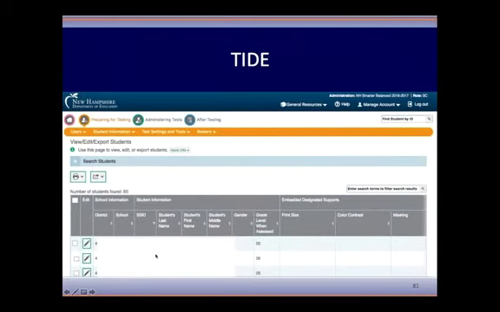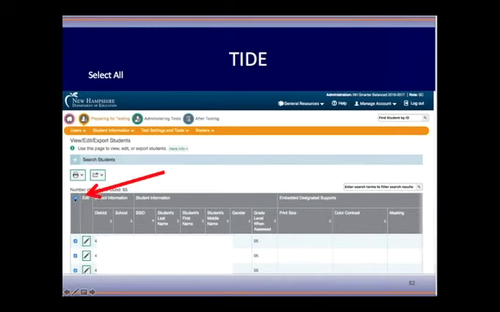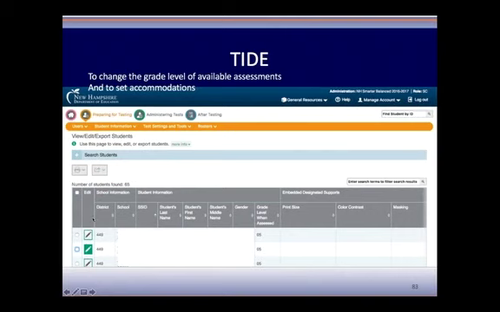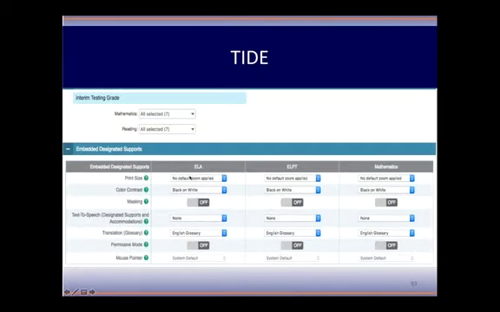Here's a list of students. If I want all of them, I'm going to go through one by one. I can just put a check there, or I could have just checked one student, and whichever I want. I think that's what I'm going to do here. Oh, no, I'm wrong. I said that wrong. Forget that. You have to go in and edit. That screen shouldn't have been there. So I'm going to back up.